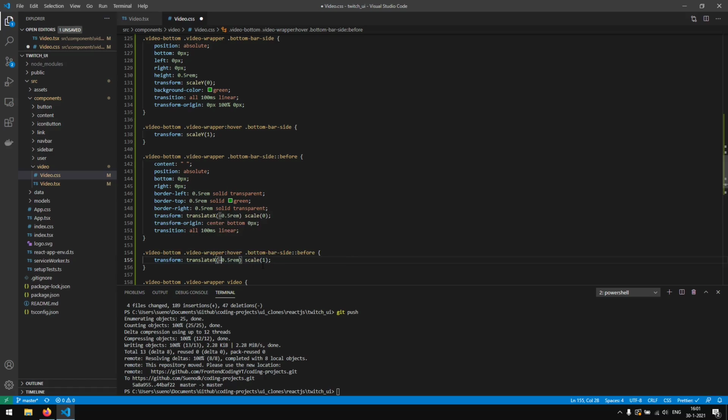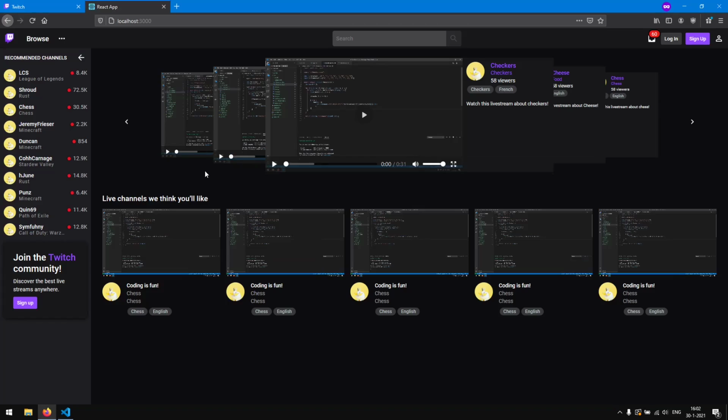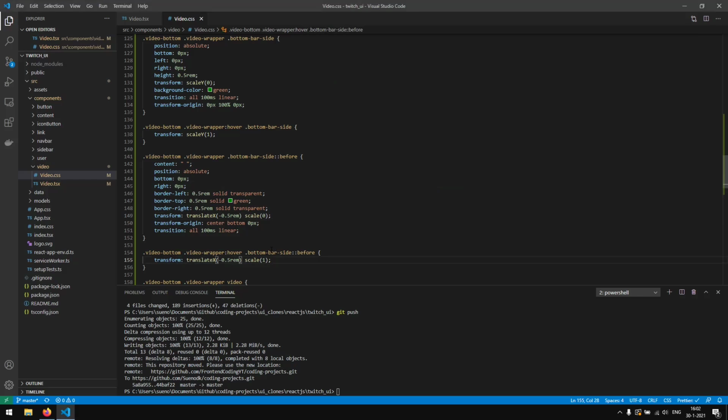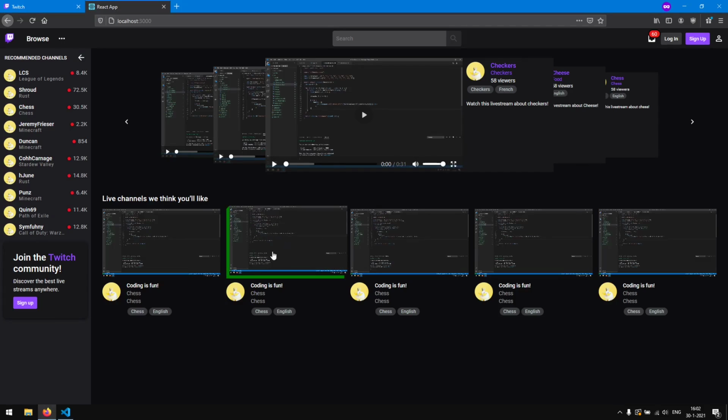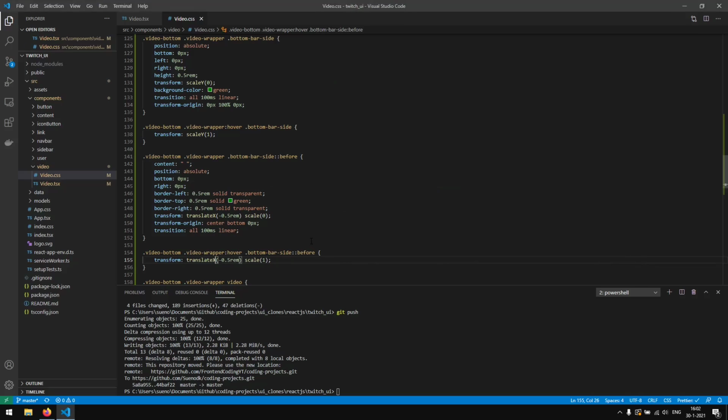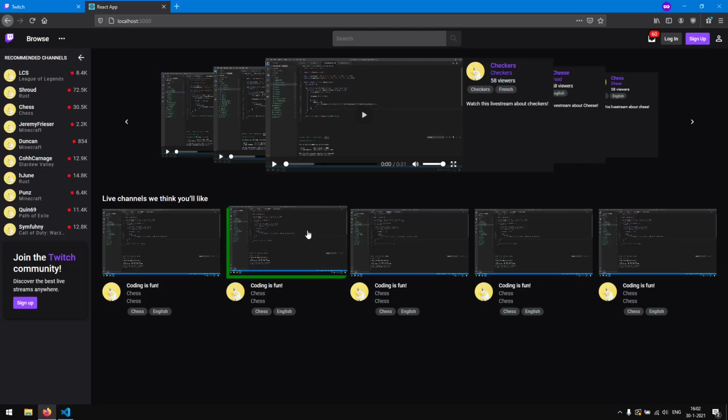And actually, instead of giving it a negative 0.5, we just want to make it positive, because look what happens right now. The video is working correctly. If we change this to a negative, it won't display because it is displaying on the left side, so it is displaying in the bar actually. We want to display it on the right side, like so. So now that we have the 3D effect done, I actually want to do one last thing before we finish this episode,